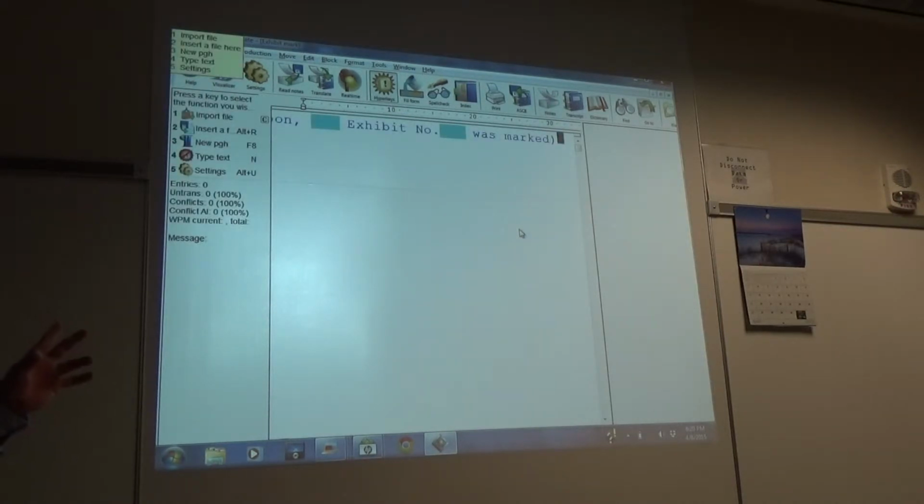So that's how I have it set up. You keep it pretty simple. You just want to let them know exactly what was marked, who was marking it, and what number it is. Okay? So that's why I only have like 2 form fields in there. Everything else is going to stay the same. Unless you have several,